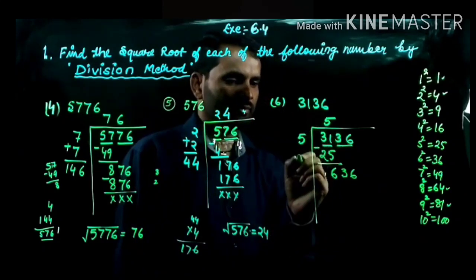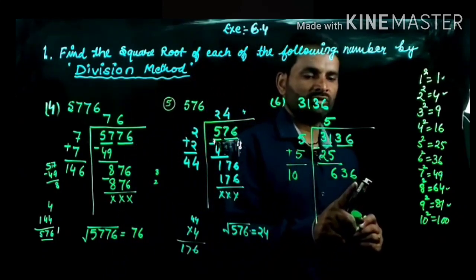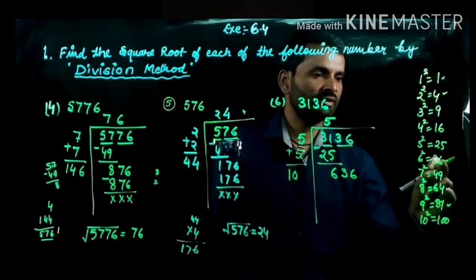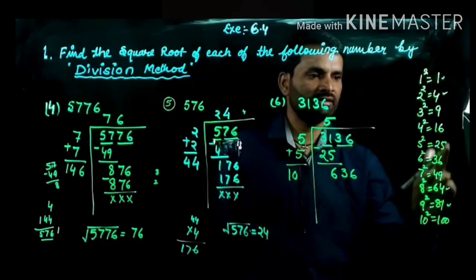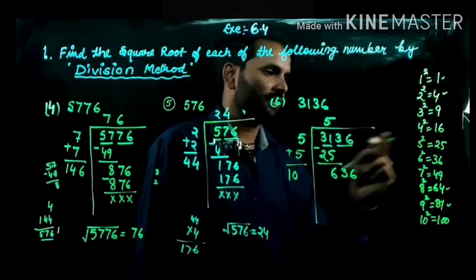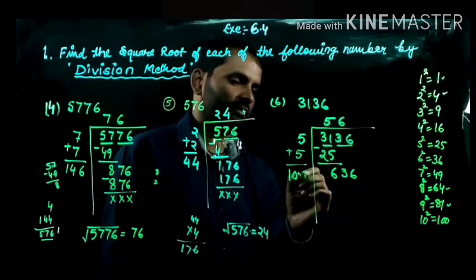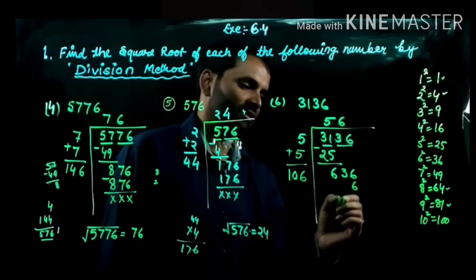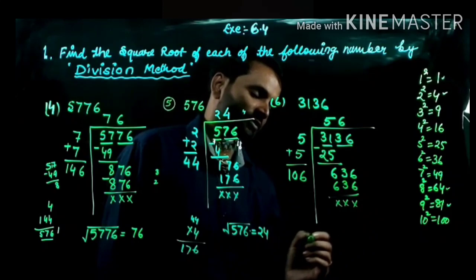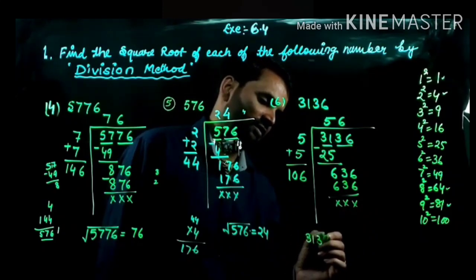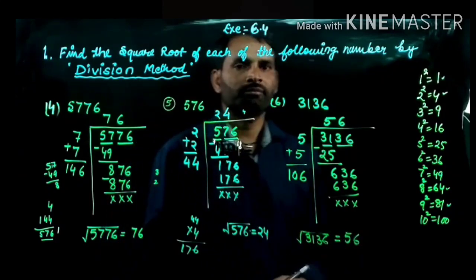And this 5 will be added and your number is 10. Again comes 6. The unit digit 6 comes from 4 or 6. The square of 4 is 16 and the square of 6 is 36. The unit digit is 6. So write 6. 6 6 is 36, carry 3, then 3 and 6 1 is 6. They cancel. It means the root of 3136 is equal to 56.